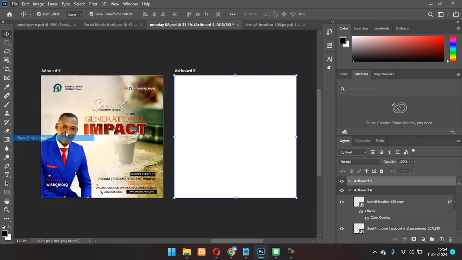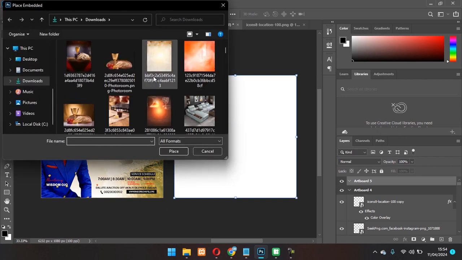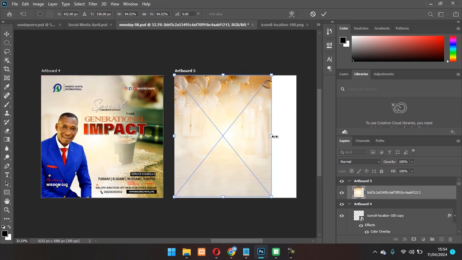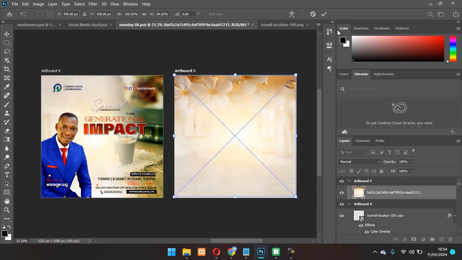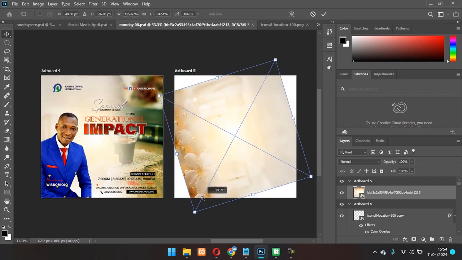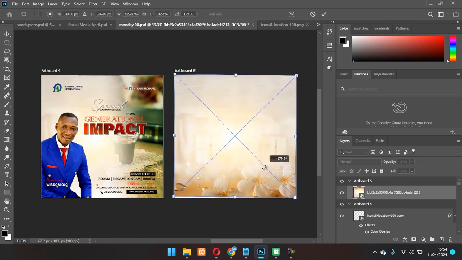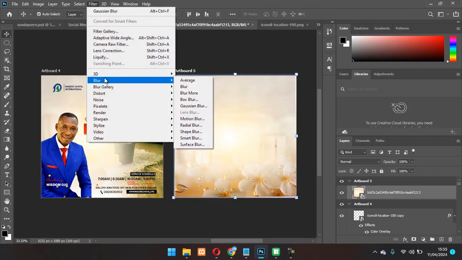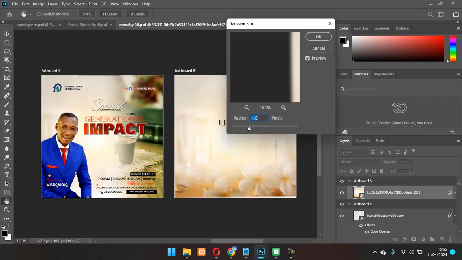So I'm going to place an embedded file. Alright, so this is what I have now. So I'm trying to make my background now. I'll place this and I'm going to rotate this. I only need some part of this, not all of this. So I'll click on my Gaussian blur to increase the